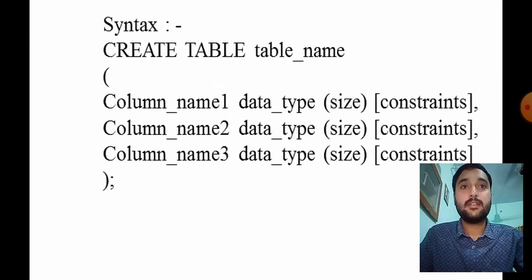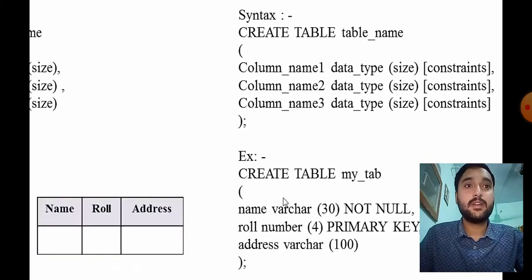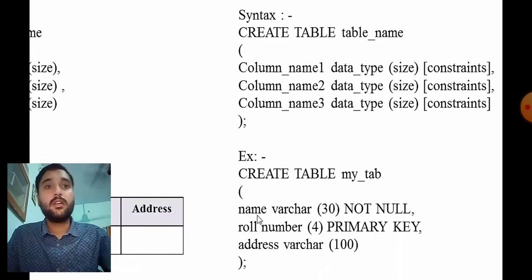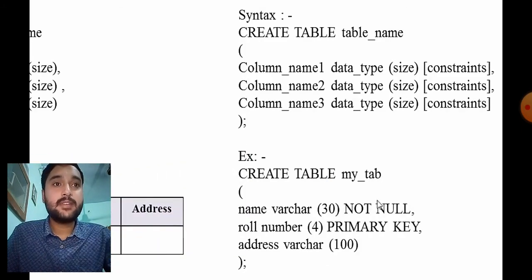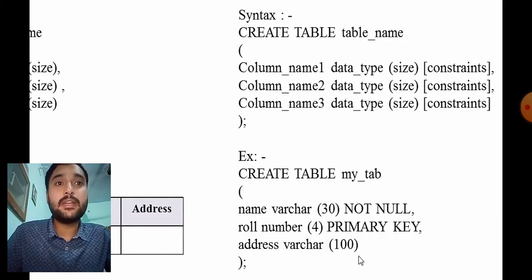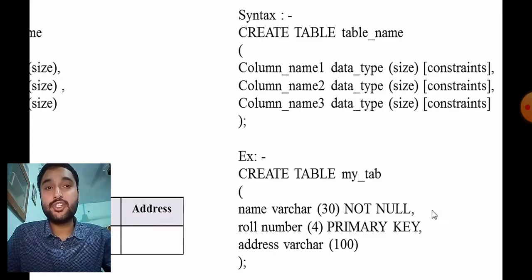In previous videos we haven't discussed constraints, so we will discuss them now, for example: create table, same as previous, the table name and the name, varchar and the size which we have given. We have used the not null constraint with the name and the primary key constraint with the roll number. The primary key ensures that the field is required and we cannot make it null. We have to enter at least some value inside that column which is the primary key, and that should be unique also.